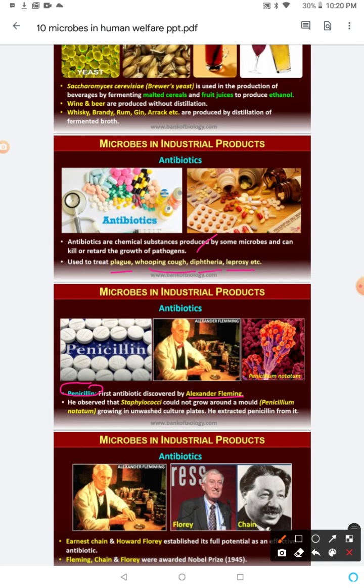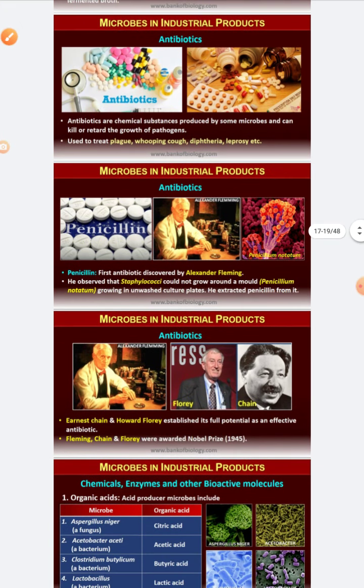He observed that staphylococci could not grow around a mold, that is Penicillium notatum, growing in unwashed culture plates. He extracted penicillin from it. So this question can be asked, from where Alexander Fleming extracted the penicillin: staphylococci could not grow around a mold, Penicillium notatum, growing in the unwashed culture plate. So the penicillin antibiotic was extracted from this